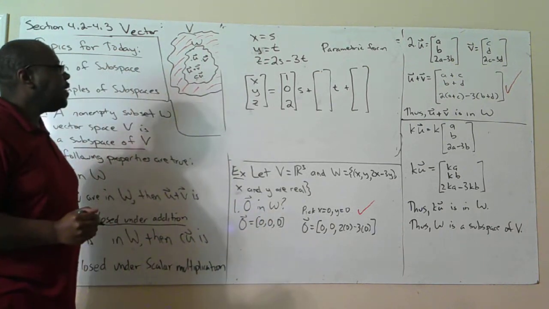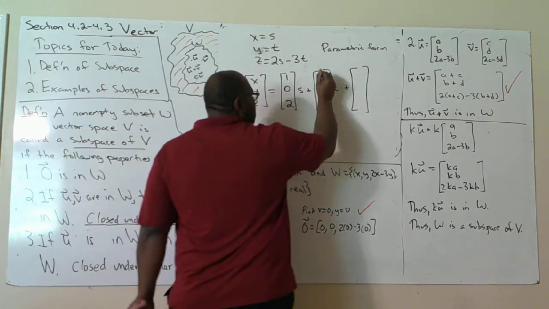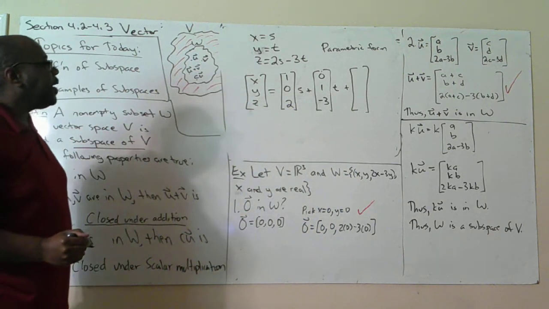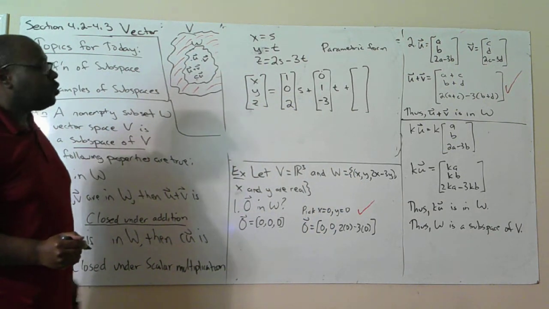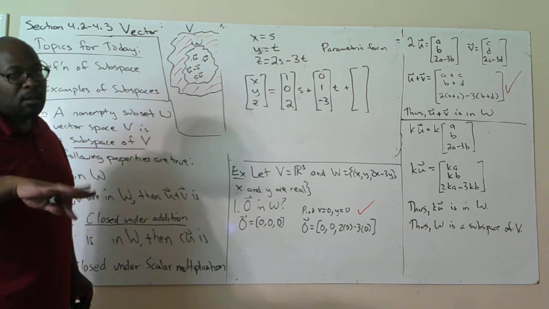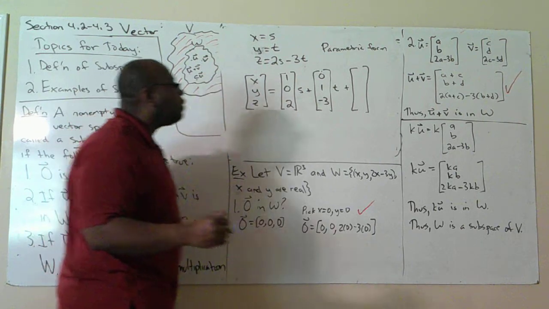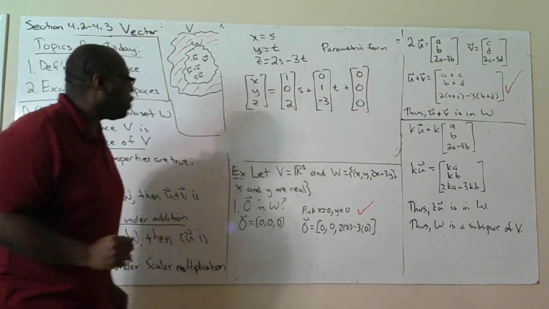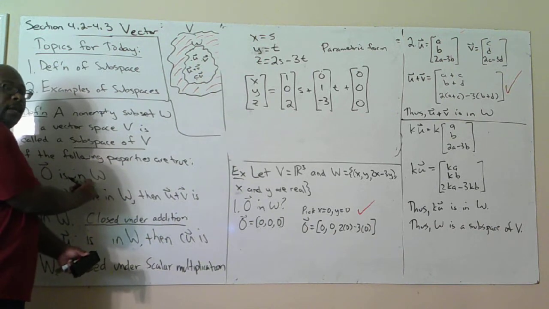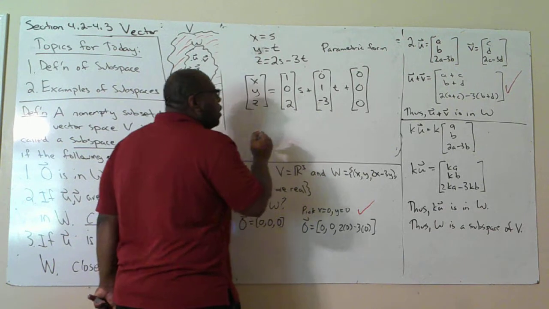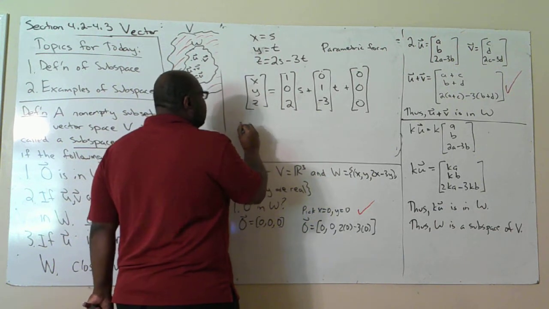The vector for t is going to be 0, 1, negative 3. And the point that this plane goes through, because we have two parameters and two direction vectors, so we know that it's going to be a plane, is 0, 0, 0, the origin, which is what we want to see, because 0 has to be in there. So we know that this is a plane